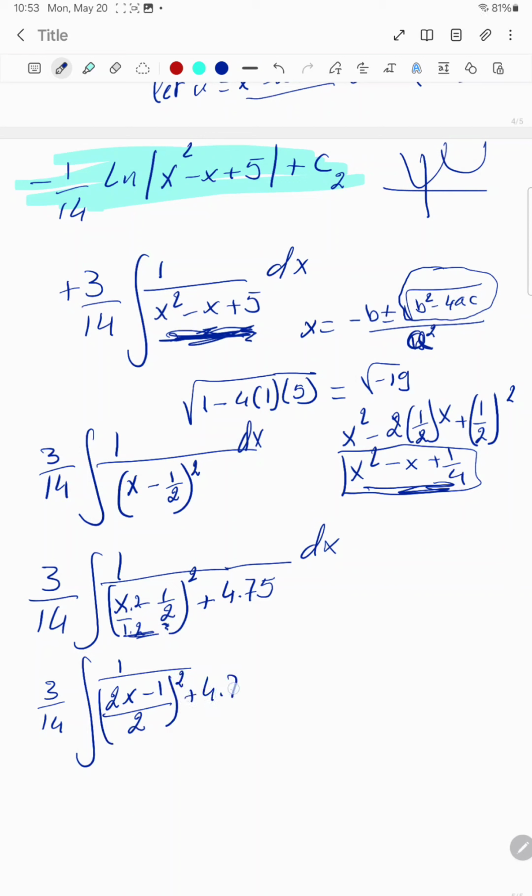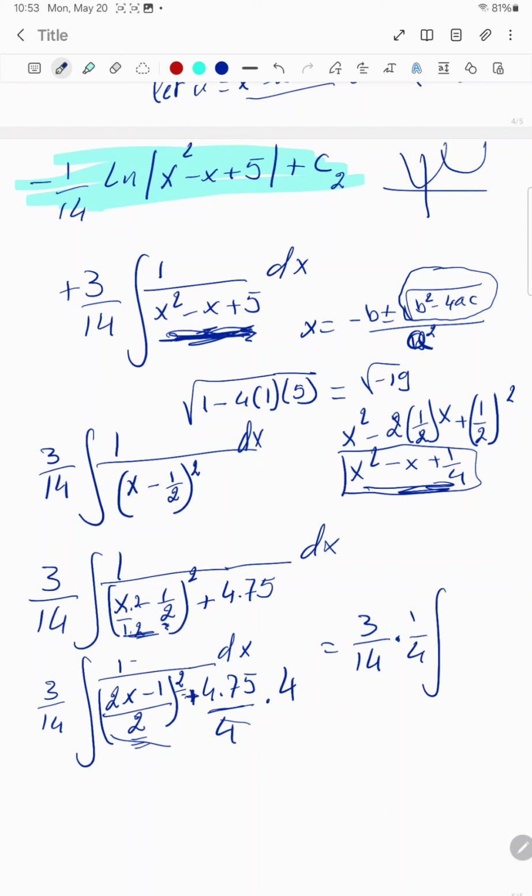plus 4.75 dx. And this 2 to the power of 2 goes outside the parentheses as 4. But here I need to have 4 in order to take it outside of my integral, because I have a plus. So if I have divided by 4 here and multiplied by 4 here, then it becomes 3 over 14 times 1 over 4, because I can factor out this 4